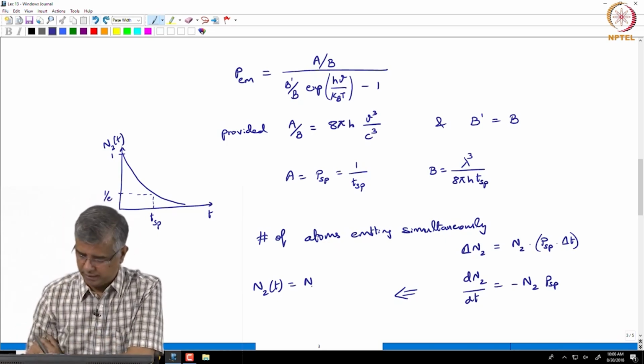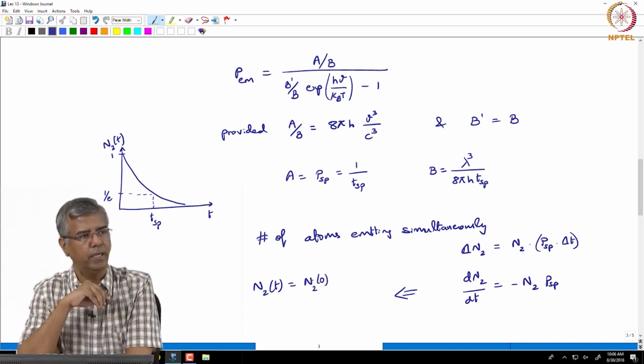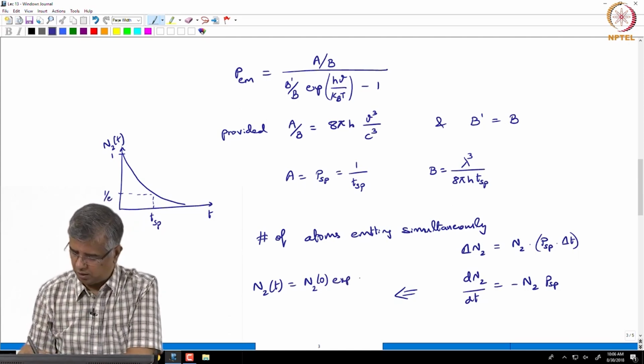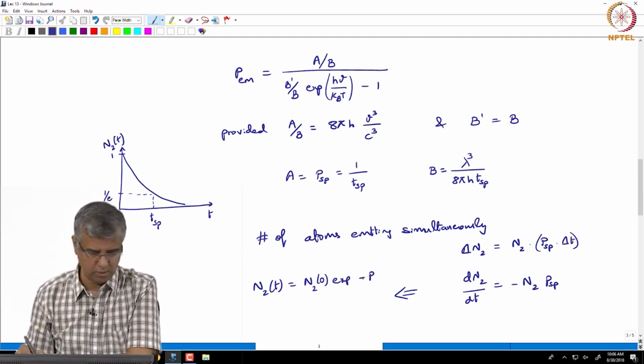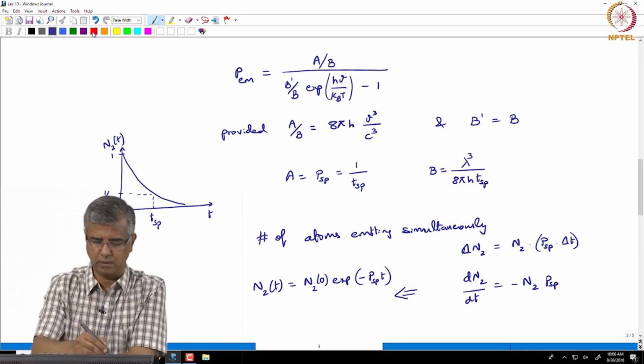Maybe we can write it as n2 of 0, right. So, at time equal to 0, exponential of minus PSP multiplied by t, right. So, that is the